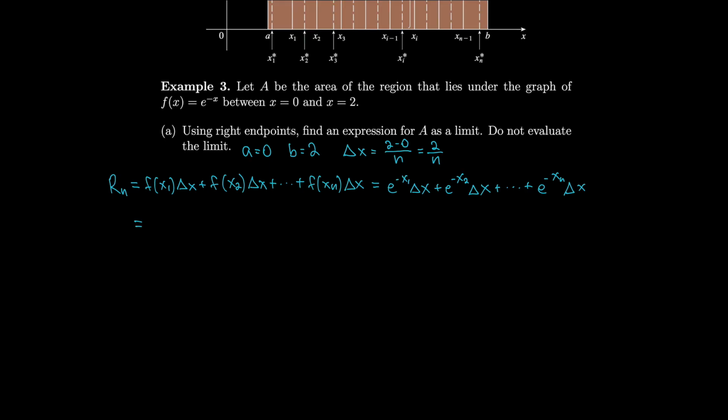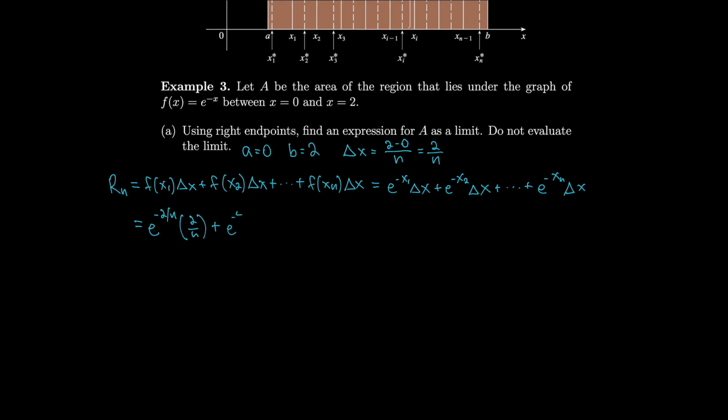So then, let's see, we need to now plug in what x1 is. Well, the first x value will be 2 over n because we're starting at 0. Then the next x value would be 4 over n, and then 6 over n, and so on, because each one is 2 over n far from the previous one. So that means that we're looking at e to the minus 2 over n for x1, and then the width is 2 over n,